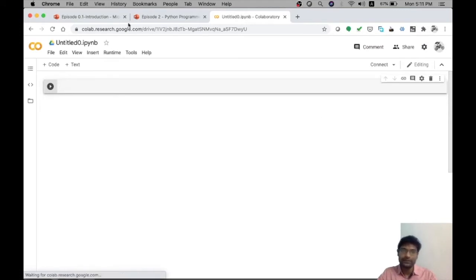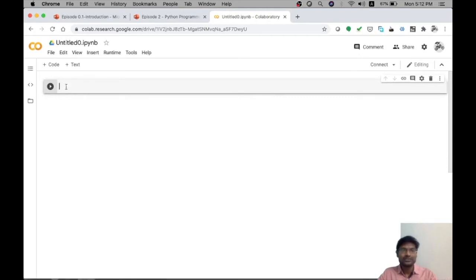This is called an IPython notebook, with the extension IPYNB, as it displays here. The default file name is something you can edit. This is a common format called IPython notebook. This is a portable Python file which can be executed when you have a Python interpreter on that specific PC. So you can download this file and execute it even in your local environment. But right now we will see how to make use of it on this particular website.